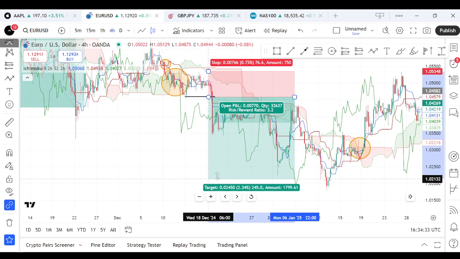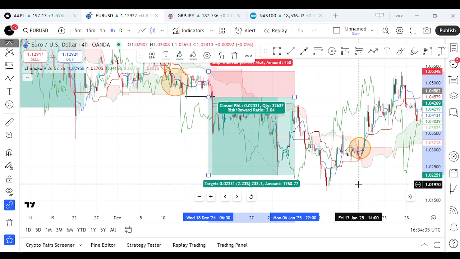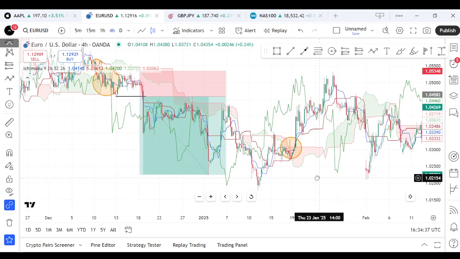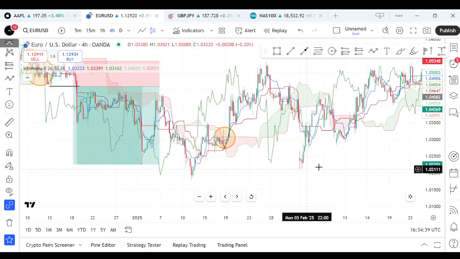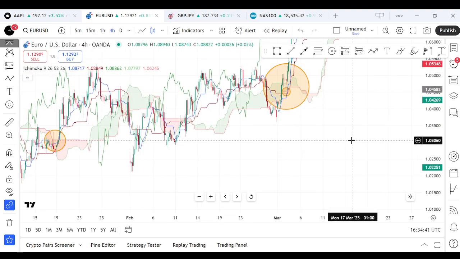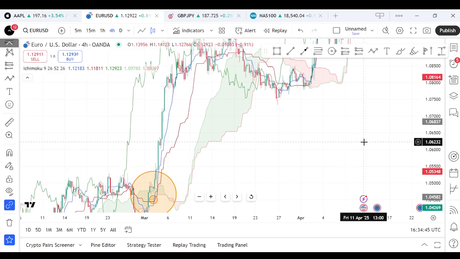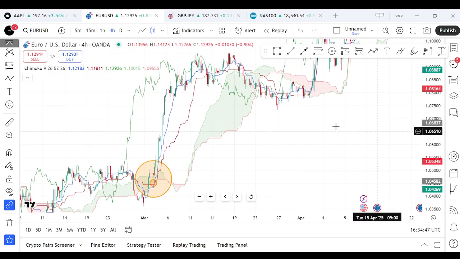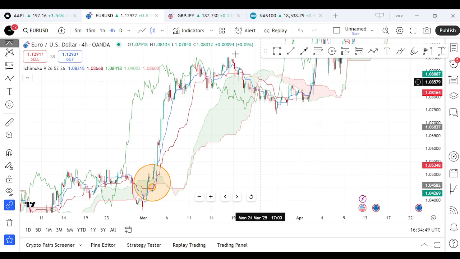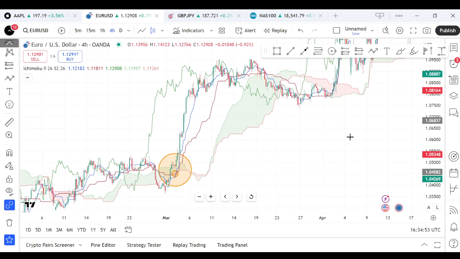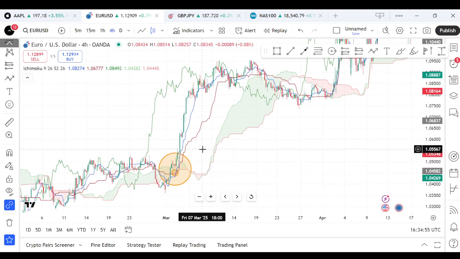Remember, this is a trend trading strategy, so we are following the trends. Some trends can last for as long as days, weeks, even months. Like we have this bullish trend that lasted the whole of March in EURUSD. Although we had a correction towards the end of March, and you can see the way if I wanted to ride this bullish trend all the way up, of course I